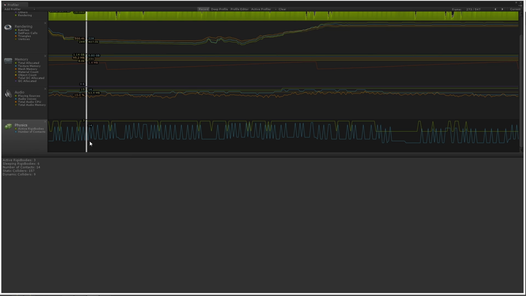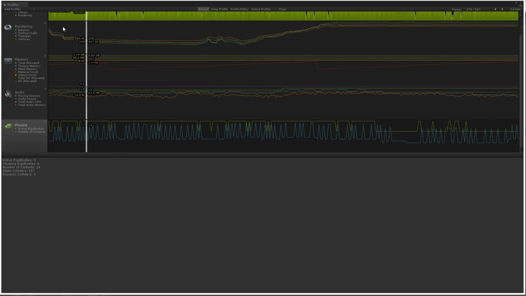And so here we just have the number of rigid bodies that are active, as opposed to the number that are sleeping, right? Once a rigid body comes to rest and stops moving, it will go into sleep mode, which means it's not taking up very many resources at all. You can manage that manually if you want; you can call rigidbody.sleep. And then the number of contacts is just how many physics contacts are happening in this frame. These are really low numbers. You can go much, much higher than this without getting really bad performance. And that will add up in the